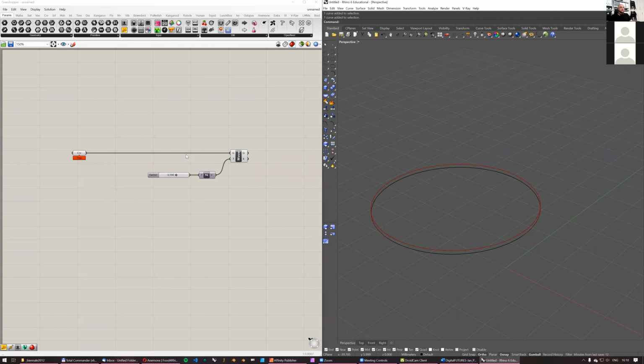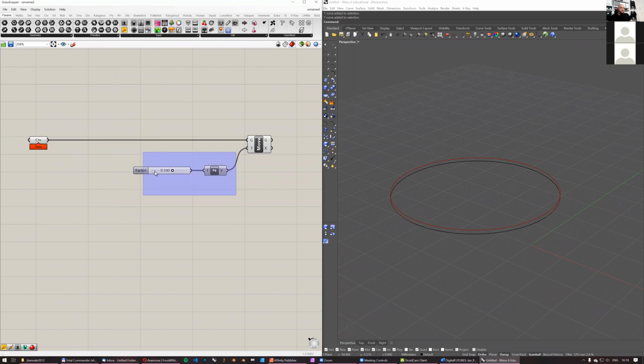So instead of just working with one curve, let's work with one curve, but instead of moving it along one vector, which is this Z vector, moving the circle upwards, I can have more Z vectors, and I'll do it, for example, like this. And just by changing some constants, in this case,